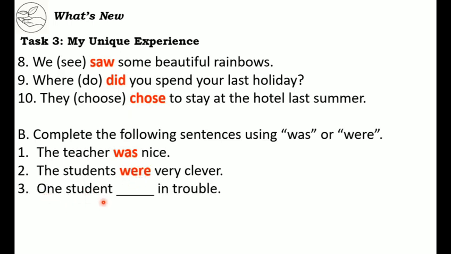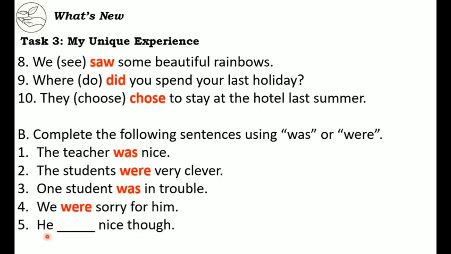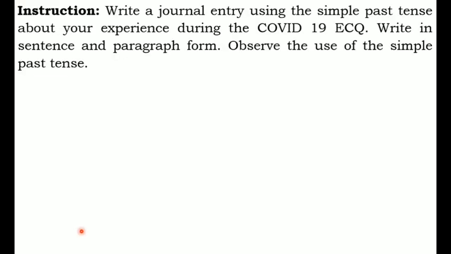Number 3, one student, blank in trouble. So we have only one subject here, one student only, singular, so our verb should be was. Number 4, we blank sorry for him. Okay. Number 4, our subject is we, this is plural, so our verb should be were. Okay, number 5. He blank nice though. Our subject is singular, so our verb should be was. Okay, now,